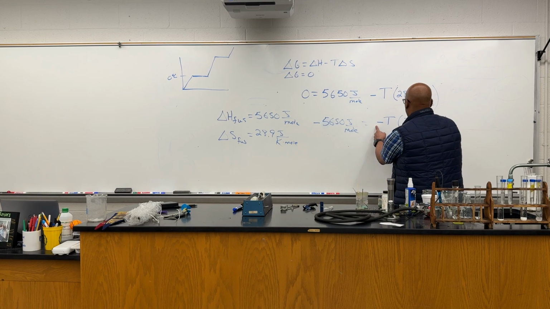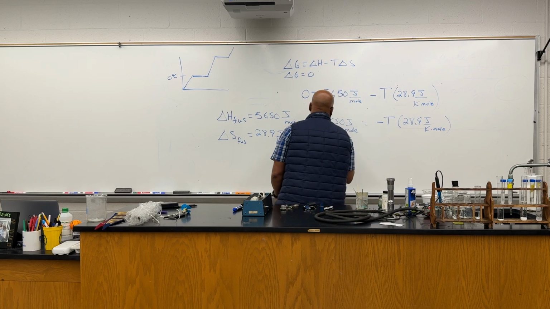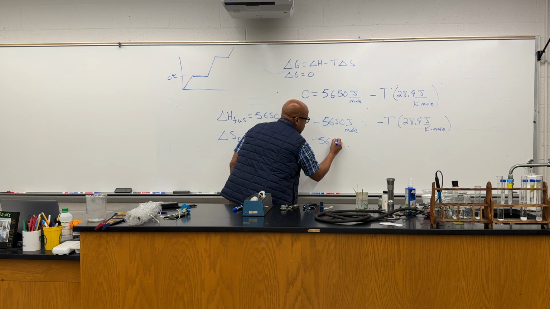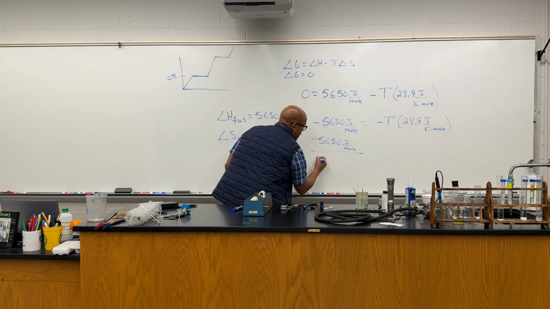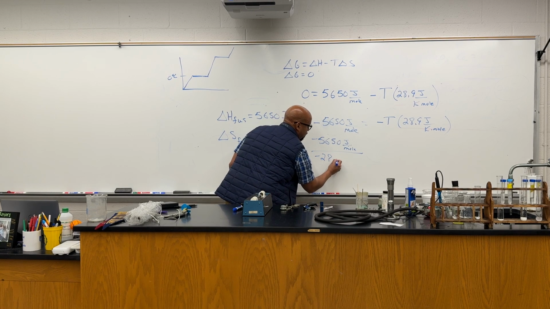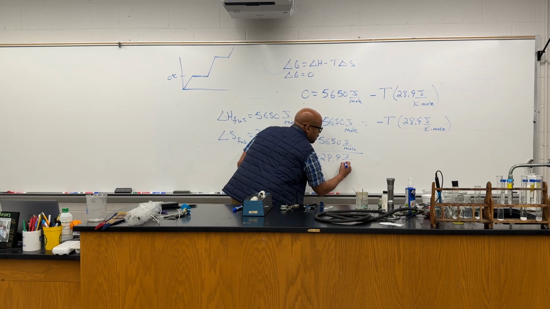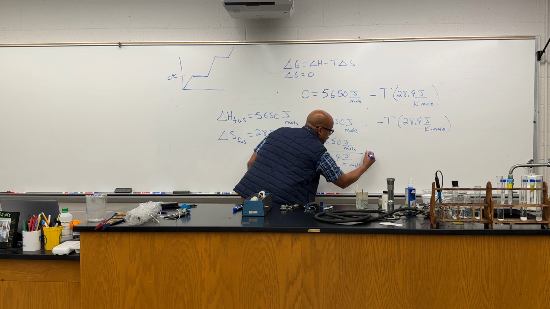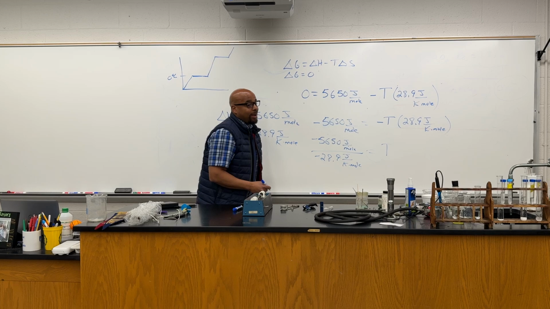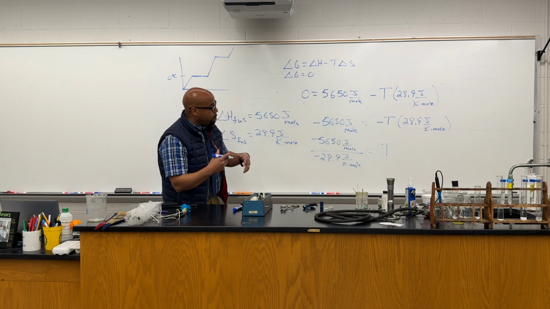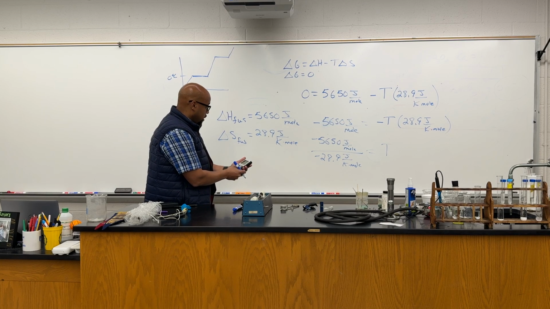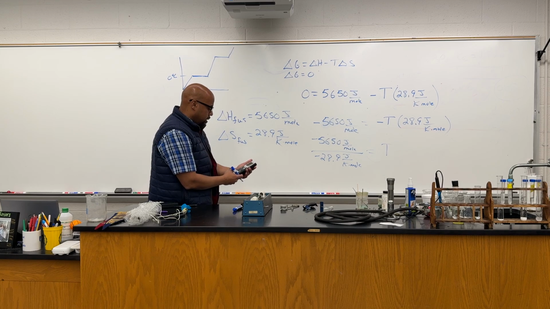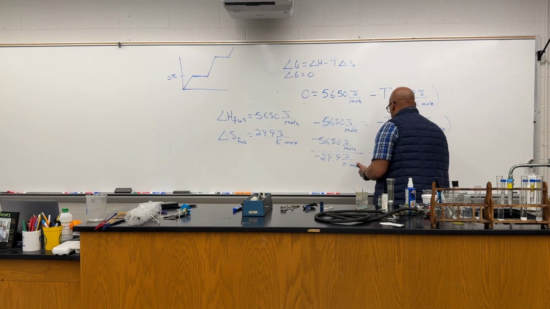Once again, bring this over here. So we end up now with negative 5,650 joules per mole divided by a negative 28.9 joules per Kelvin mole. And that's going to be equal to the temperature, which is going to be the freezing and melting point of ammonia. And when I divide this number in, what do I get here? I get 5650 divided by 28.9. That gives me a temperature equal to